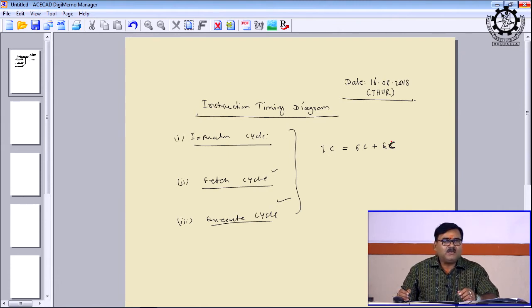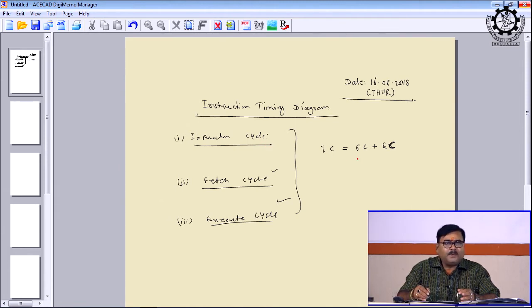And why is the fetch necessary? Fetching means we are taking the opcode from the memory to the microprocessor, and the time duration it requires is called the fetch cycle. And what is execution time? After bringing the opcode, assume that the operands are available, then how much time it takes for execution, that is what we call the execution cycle. And whenever you add the fetch cycle time and execution cycle time, you will get the instruction cycle time.